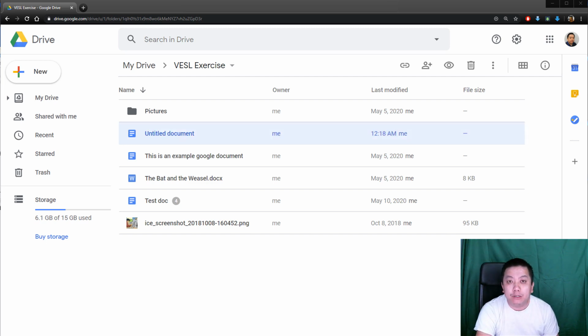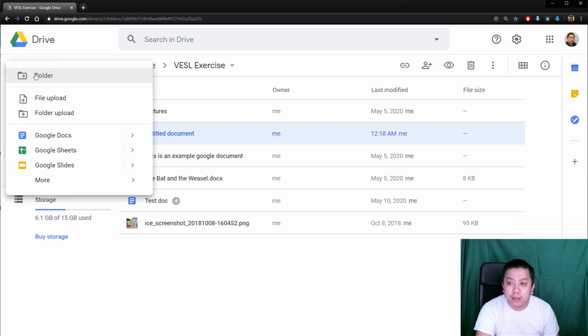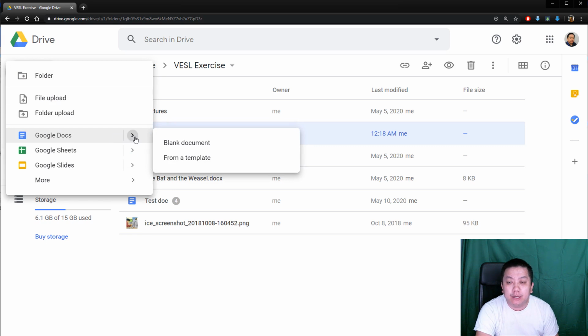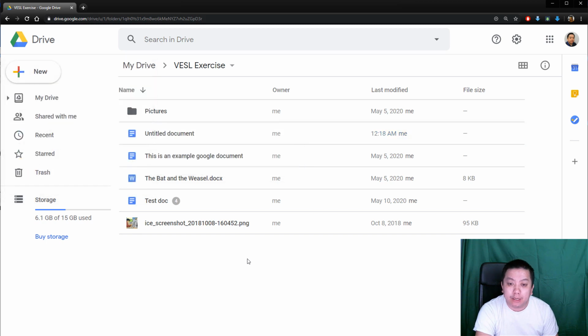There are two ways to create a new Google Doc. The first way is to click on the New button, and if you scroll down you'll see Google Docs. Make sure you scroll over and you'll see two options: to create a blank document or to create a new document from a template. The other way is to right click a blank area,